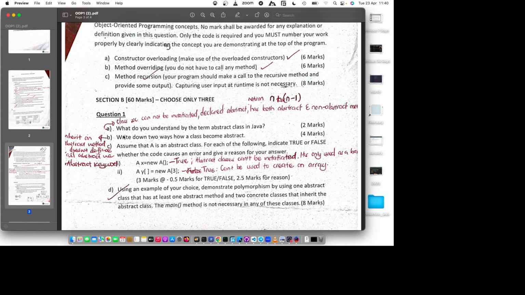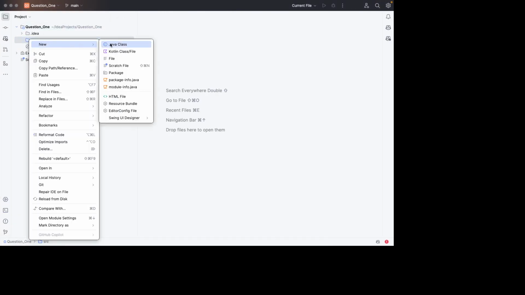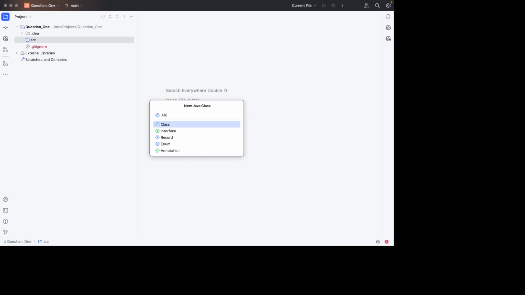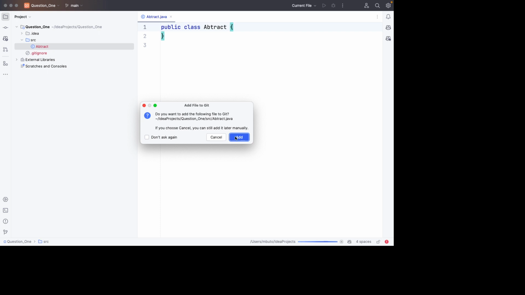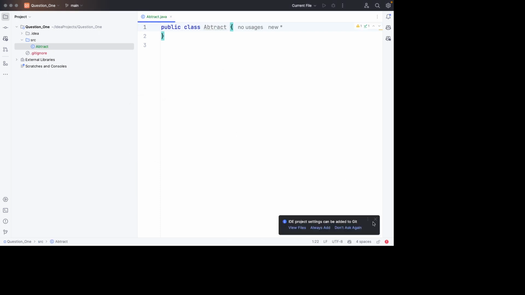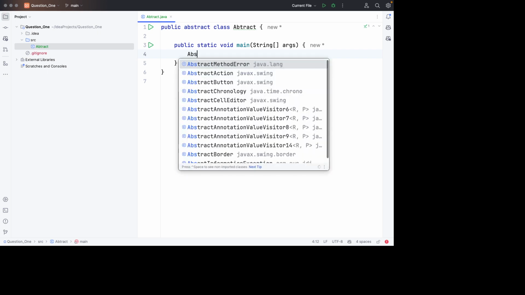Full stop. 2 marks. Okay, let me see if I can demonstrate this with code. An abstract class. Let's create an abstract class called abstract. And for us to make it abstract, we need to include the abstract keyword like that. So this becomes an abstract class. Now, to demonstrate the cannot be instantiated part, we need to